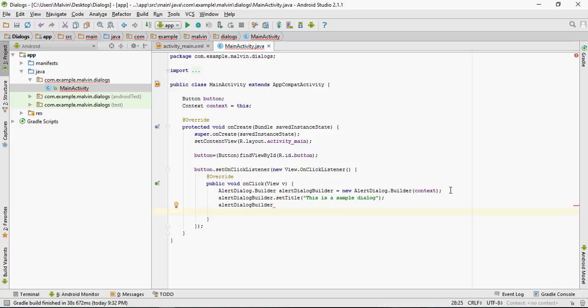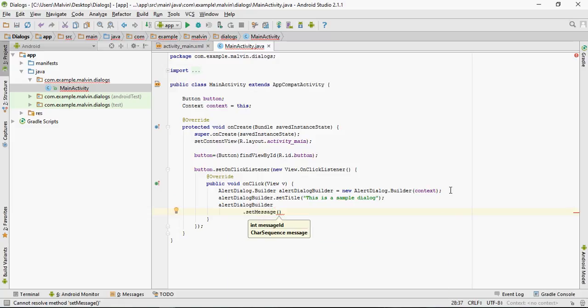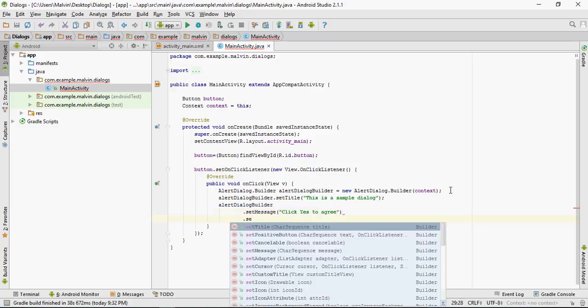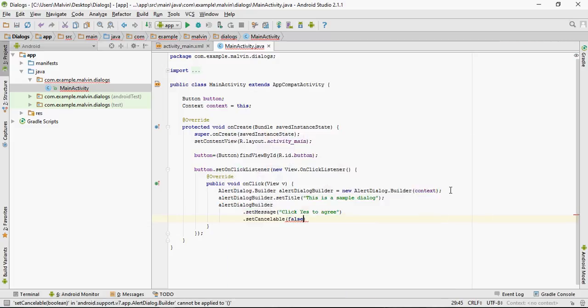Again, alert dialog builder. Enter. That set message. So click. Let's click yes to agree. Set cancelable false to avoid the cancelable part.